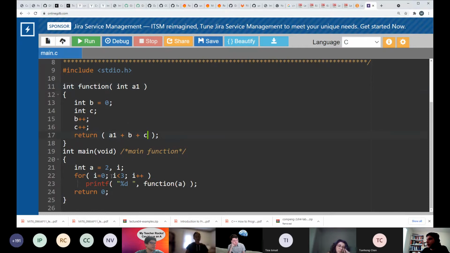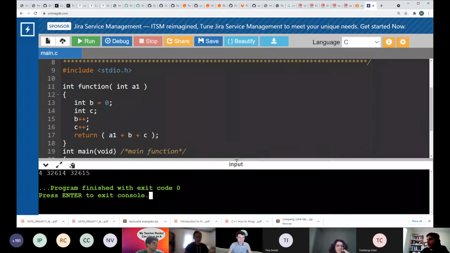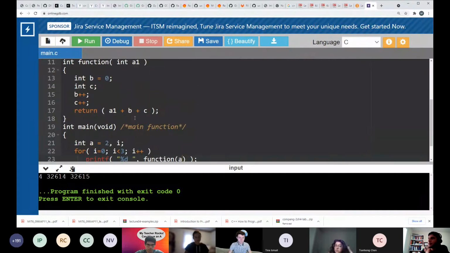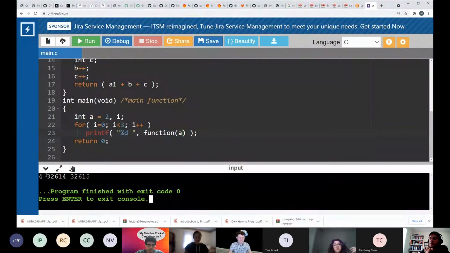In the main, I'm calling my function and I'm printing the return value. Good. So it's as simple as this. I'm doing this really for the duration of 3 times. Good. If I'm running the program, I should see back, first of all, well, that's also a very good thing to test the initialization. Let's see what happened. First of all, I have 3 prints. Why is that the case? Because I'm doing the printf inside the for loop of 3 iterations.